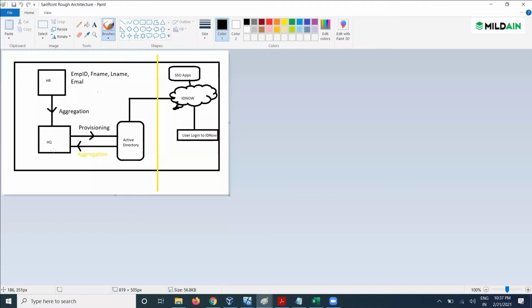Whenever we are talking about identity management, it means a tool that should have identities, then only that tool will be able to manage the identities in the system. And for having the users in the IAM system, we should have some sources from where we can pull the data and have those users onboarded into the system so that we can manage them and manage their access. So here, Identity IQ.